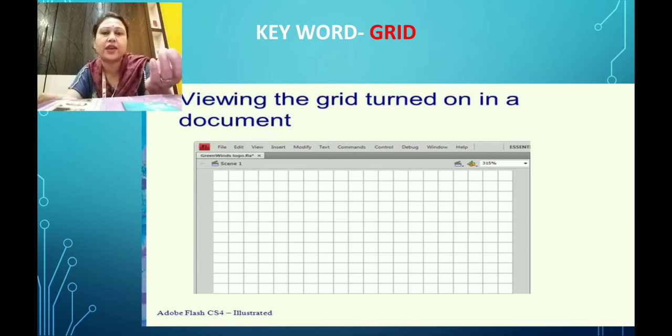You have seen how we have drawn the building using the Line tool. Similarly, if you have to draw this type of object in Flash, you can use the grid option in order to draw any object on Flash. And this is the keyword for today's class.